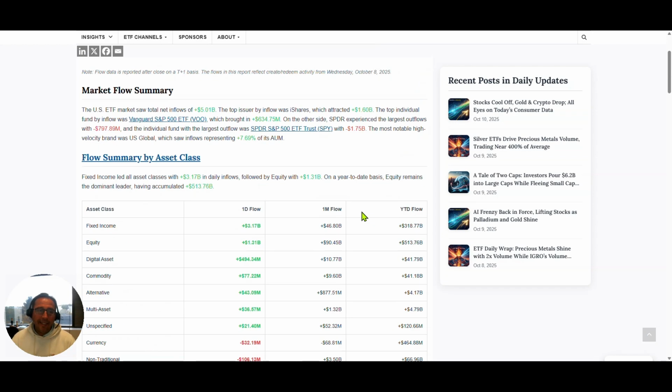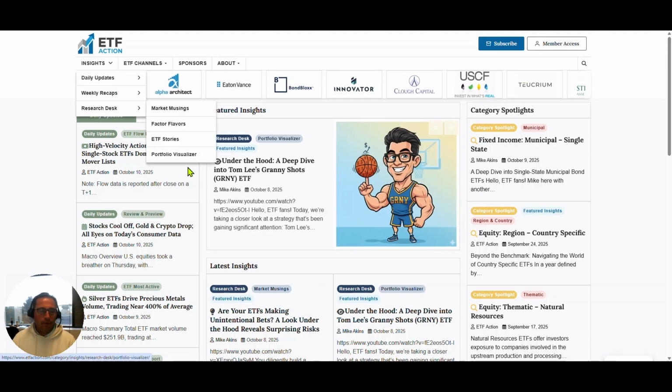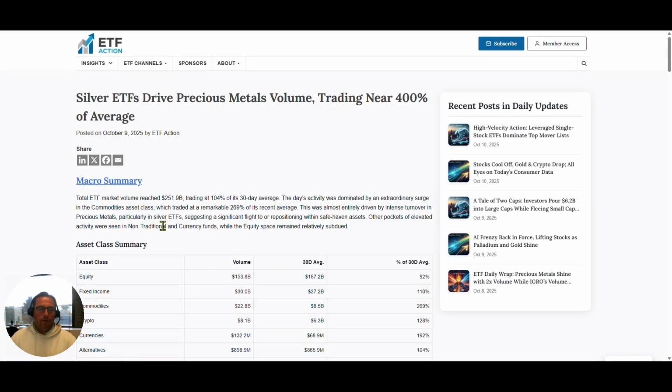And then finally, the last thing I like to look at every day and why we created the third report is the end of day snapshot, which is what we call our most active. But what's great about ETFs is they have become a de facto tool to make asset allocation decisions for everyday investors all the way up to the largest institutions in the world. ETFs are an efficient way to make quick allocations in the market. So if you track those flows properly, you'll be able to